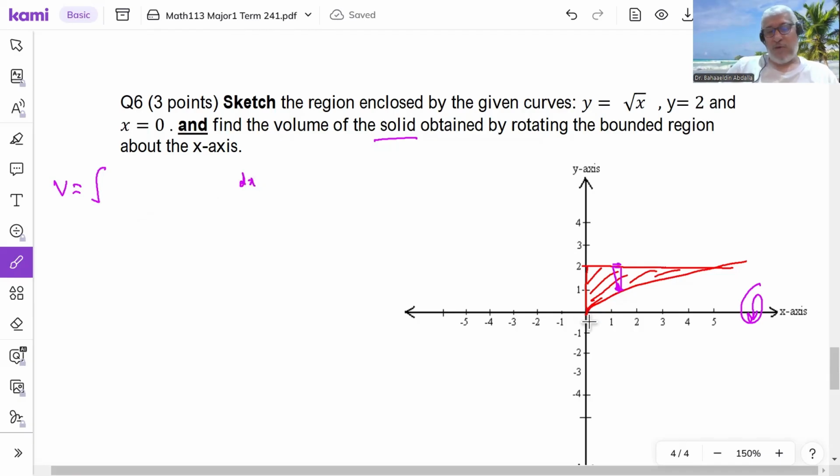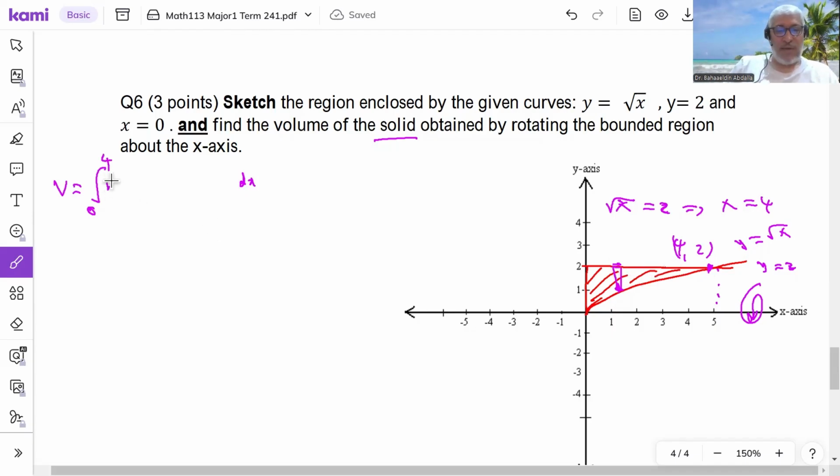So x will run from where to where? From 0 to this number. I'm not sure whether this number is 5 or something else. So how to find out this number? Well, this point is the intersection between the curve and the line. This line is y equals 2, and the curve is y equals square root of x. So square root of x has to equal 2. This is the intersection point. Then if you square both sides, x is 4, and y is 2. So this point is (4, 2). So x is 4, in fact, so from 0 to 4,